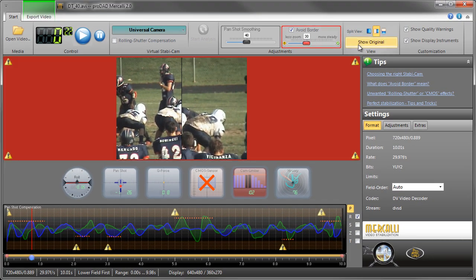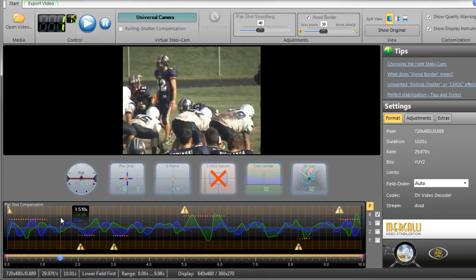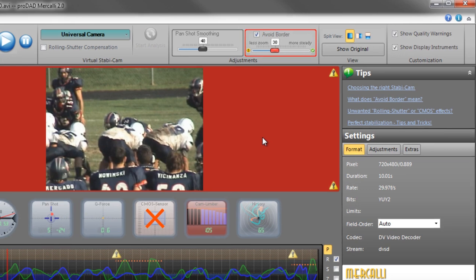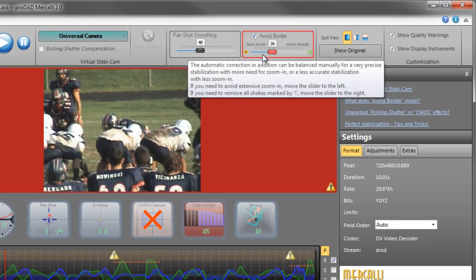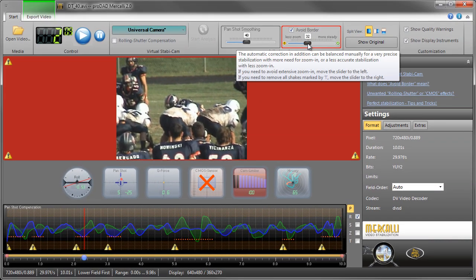Now you'll notice, let me get back to full screen here, this red blinking. What it's telling us is that in this analysis, down here on the timeline, at some point it made a trade-off between avoiding having large borders and stabilizing the footage. So it stabilized the footage a little bit less so it could bring the borders out. And if you notice, let's get over one that's red. As this is blinking here, the avoid borders option is blinking up here to tell you that's what you need to correct. So what we're going to do is allow it just a little bit more of a border,